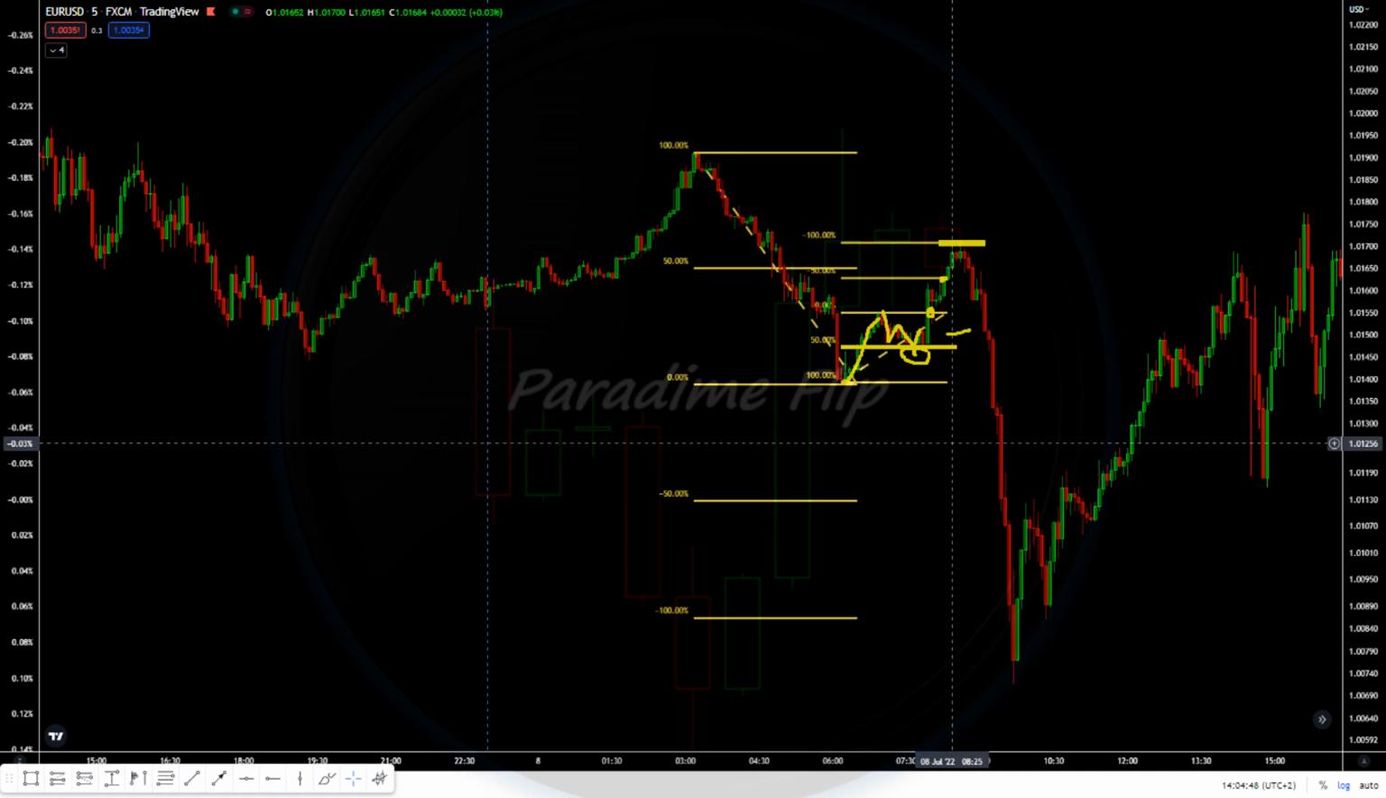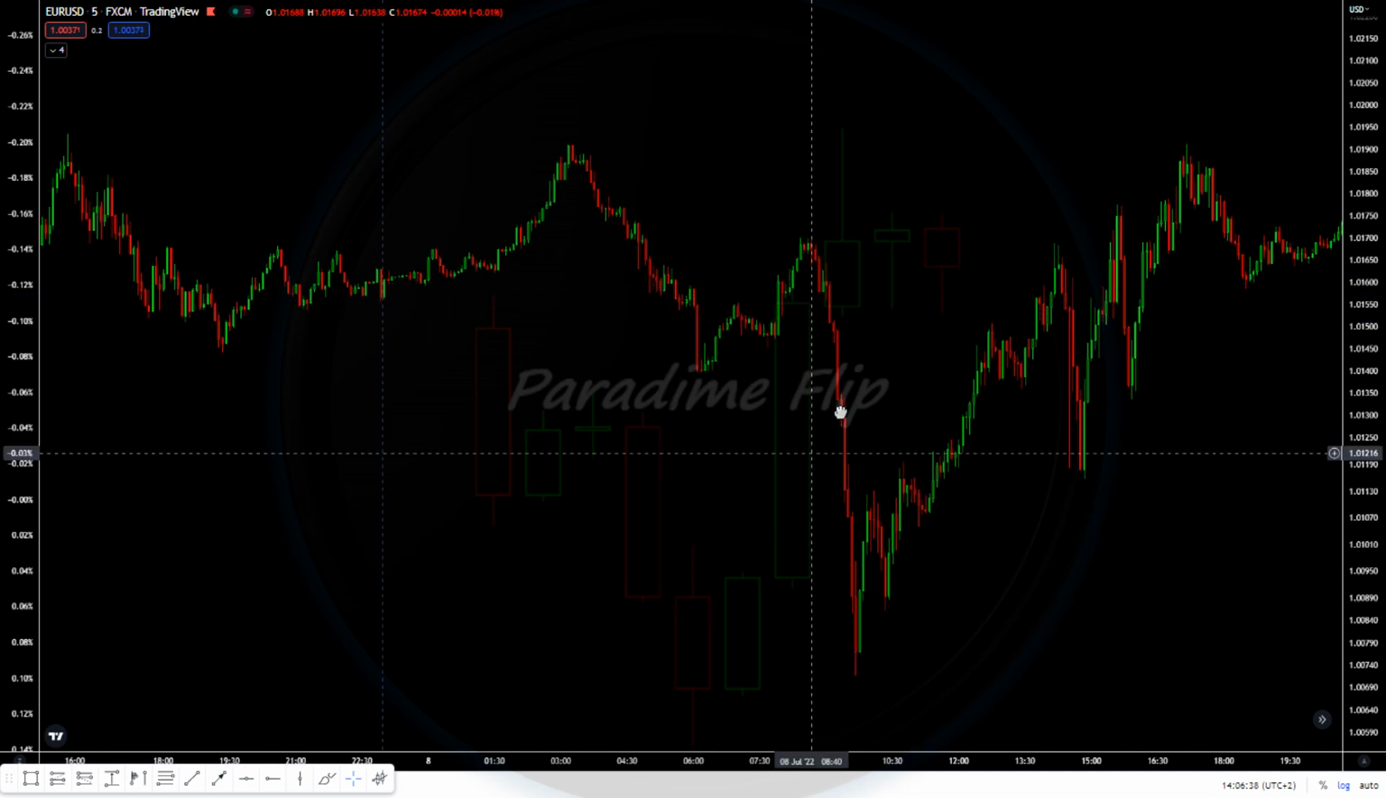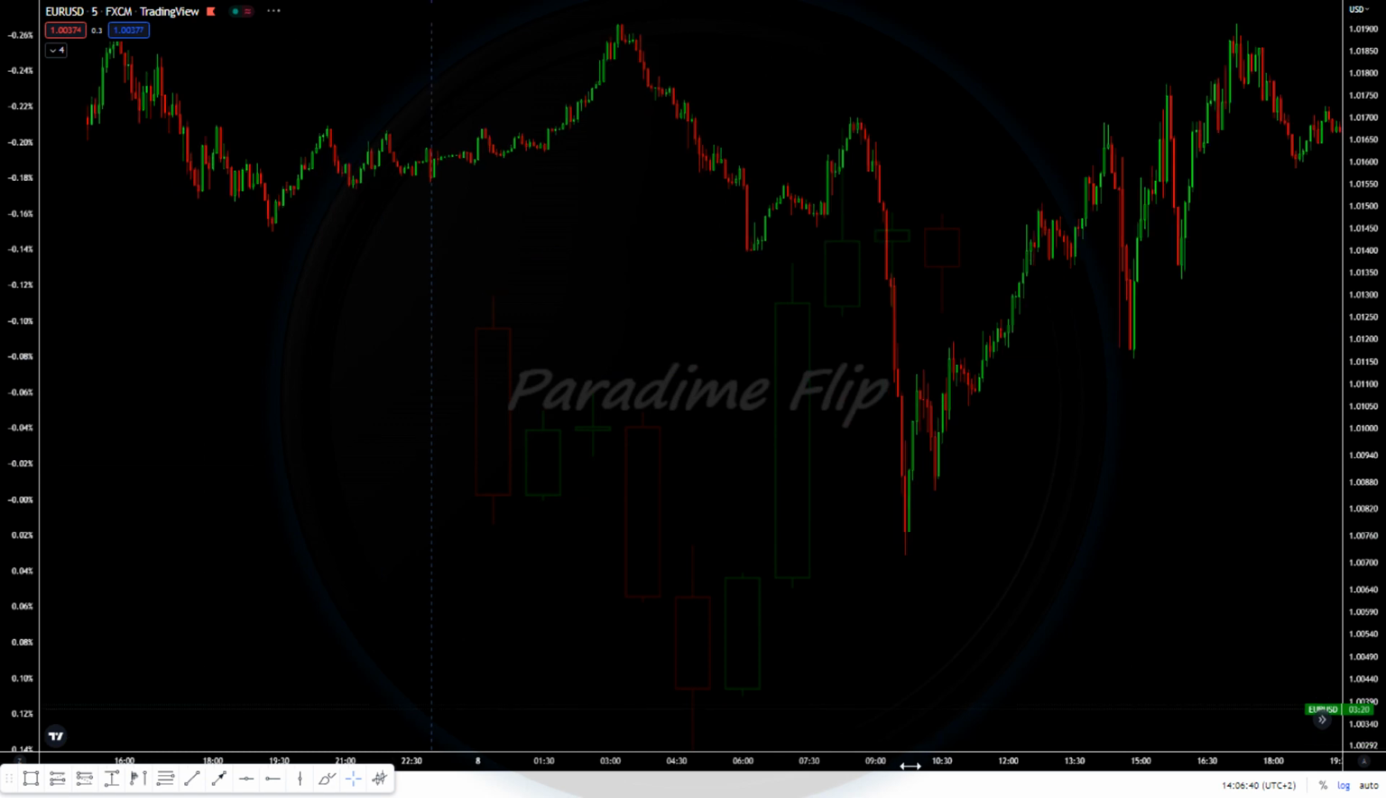All right, so we want it always above the 50. Nowhere do we want to see price trading below and consolidating in this area. So we can move on, and we can see when price trades the low,